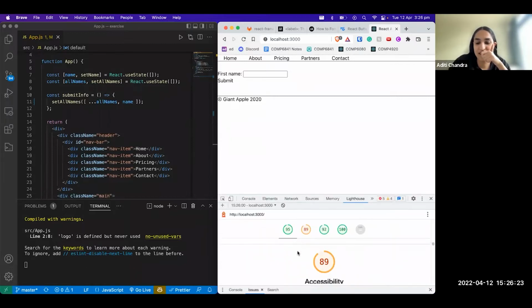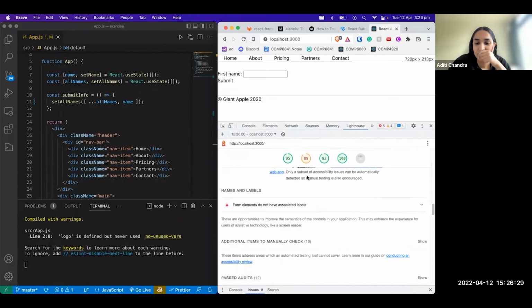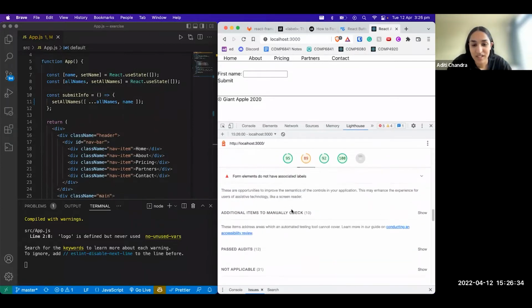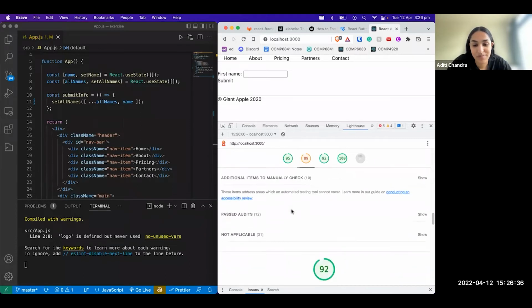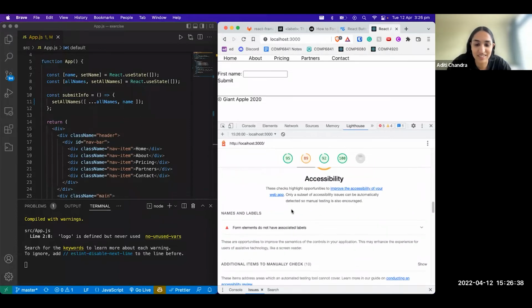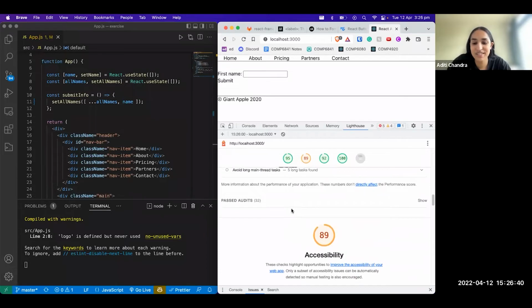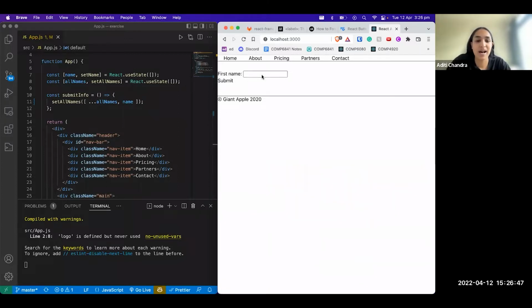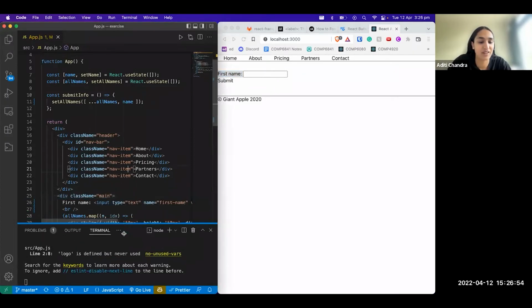Okay, 89 for accessibility. What does it say? Form elements do not have associated labels. Okay, I think that's the only one that it could come up with. This is a pretty simple web page, so I feel like a lot of them wouldn't be applicable. But here, I'm pretty sure it's referring to this, which is the only form element without a label. And if we look at our code,